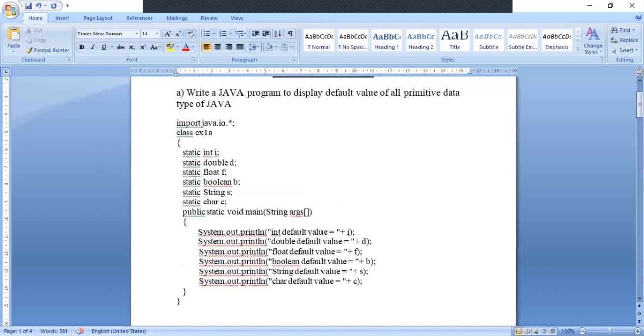And the second way is, without defining these variables as static, can we access them inside main? Is it possible? Yes, it is possible. Without the static keyword, you have to create an object of this class, and through the object you can access these variables inside the main function.